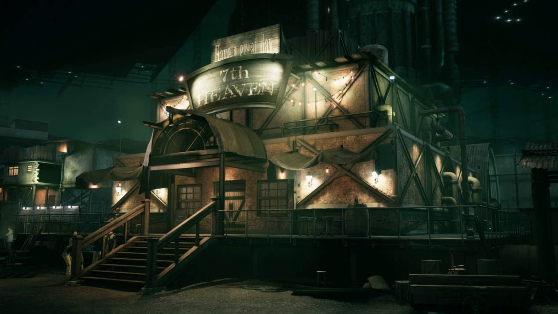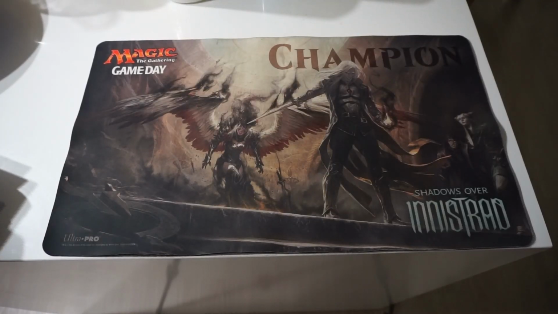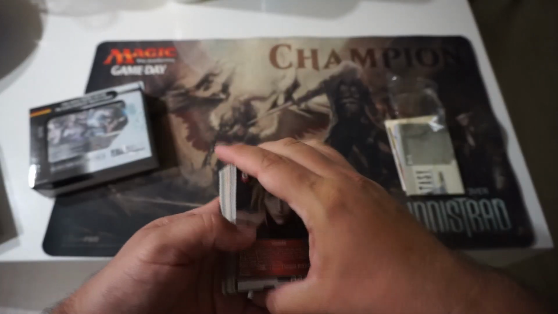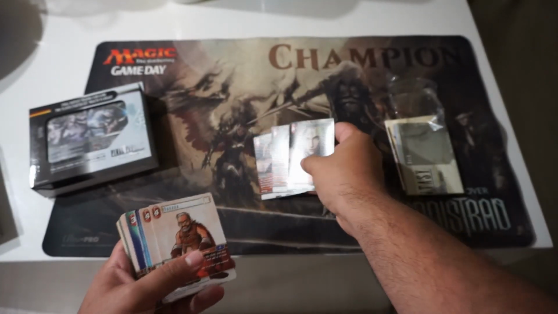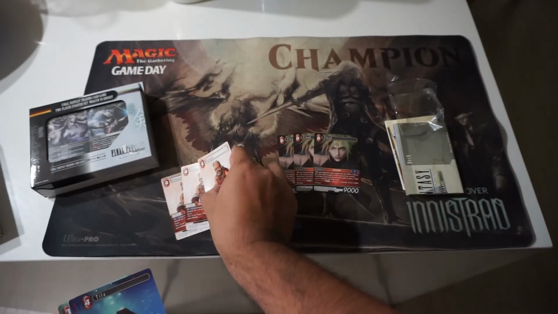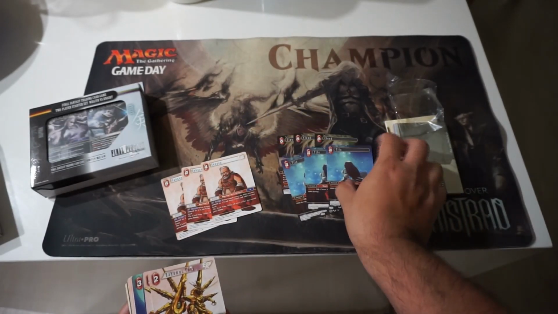So with that out of the way, let's move on to the opening. Two decks today. So really just opening this for the Zangans, for the Tifa search. But other than that, yeah, 3 Clouds, 3 Zangans, 3 Tifas,